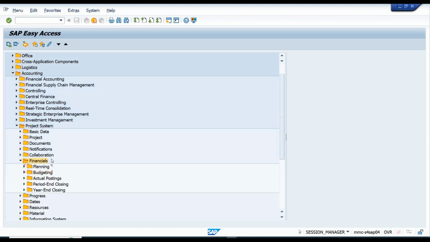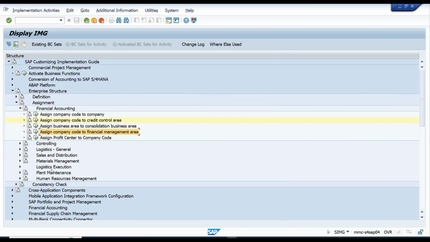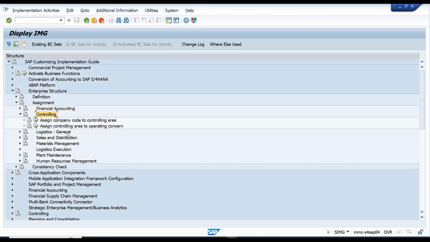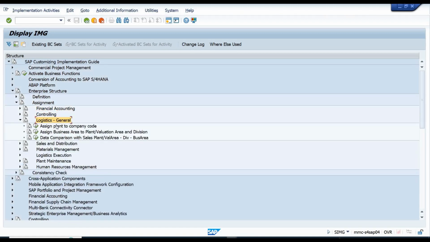This is a separate discussion, but the financial management area, the FM area, is used for the budgeting process of your company. Many organizations do not implement budgeting. They normally use the SAP functionality in cost accounting, that is plan cost, so they use plan cost as the budget. So in controlling, we will now see in logistics, we have created the plant